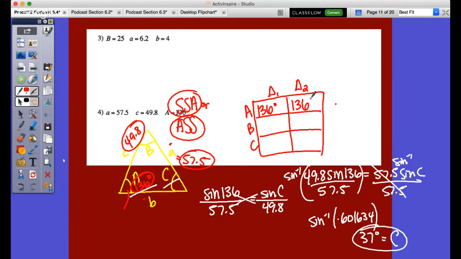So if it's 136, that's the given one. We'll put that there. 37 degrees is here. As I look at this part, I notice that since this is the first one I solved for, its counterpart should be added up to equal 180. So 37 is subtracted from 180 to get 143 here, which then allows me to see, okay, what is the